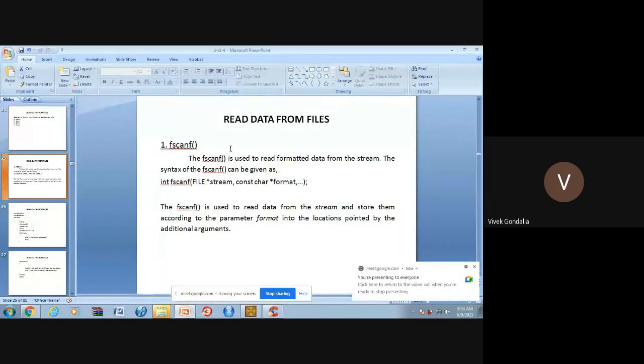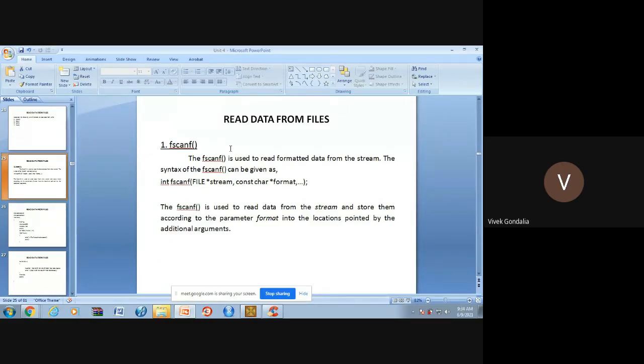In the last lecture, we have seen the various functions for writing the data. Suppose I am taking some input from the user, asking what is the name and what is the salary. That data, whatever the user enters from the console, will be written into one file. Clear? We have seen in the last lecture how to create and write a file. Now the same file we will try to read also.